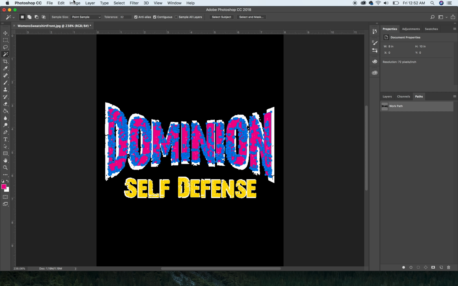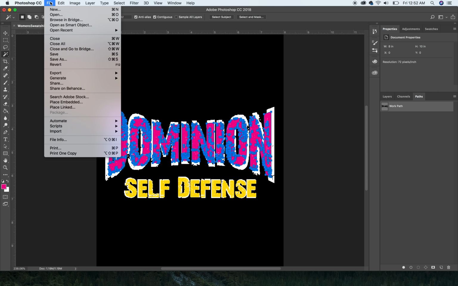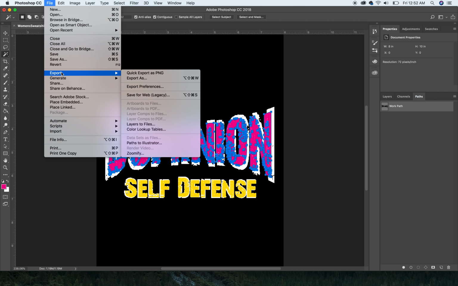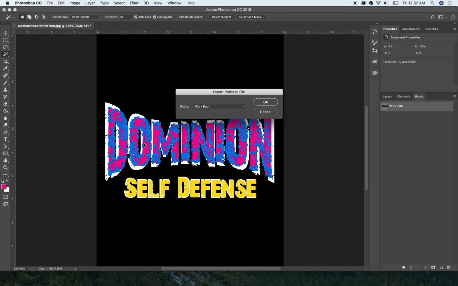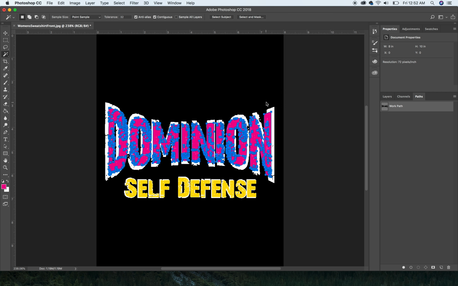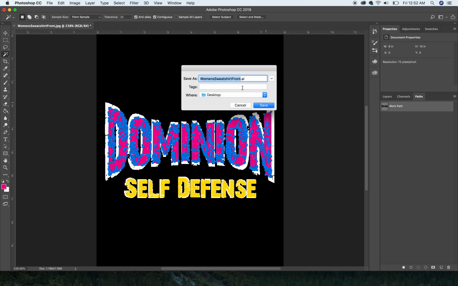It's textured vector. People were telling him that he had to have halftones and he had to have a rip. You don't even have to have a rip to have halftones, number one, but this did not require all that. So I showed him what you would do. We're going to export it as paths to Illustrator as a working path. We're going to name it pink